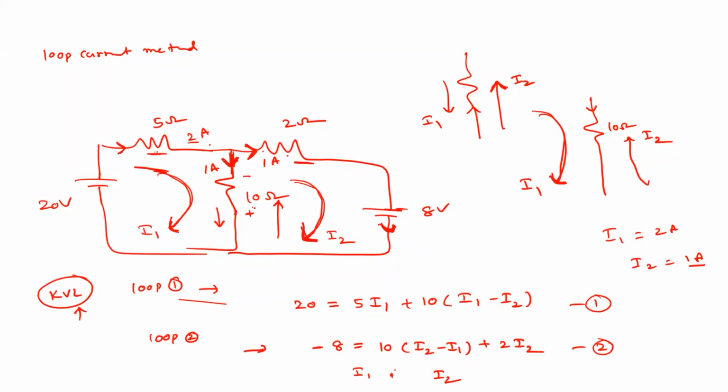Agree? Okay. So this is how to solve using the loop current method. We'll discuss more in the next classes. This is very simple, right? We identify the number of loops or meshes and apply KVL in each loop. If you have 2 loops, you will get 2 equations. If you have 3 loops, you have currents I1, I2 and I3, and you get 3 equations. You need to solve for I1, I2 and I3. That's all.